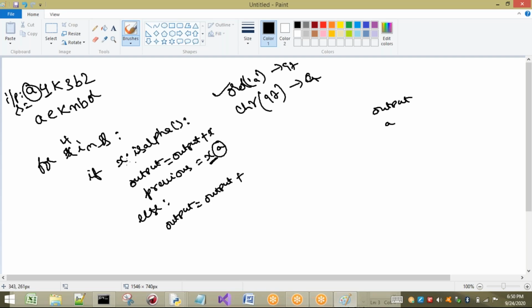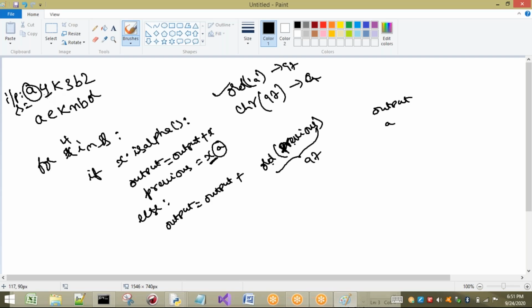So you have to understand this one. So what do I have to find first? ord of previous. Yes, previous. I have to take this one. That means what am I going to get? ord of previous is nothing but A. ord of previous is nothing but A. That means here the answer will be 97, for example.